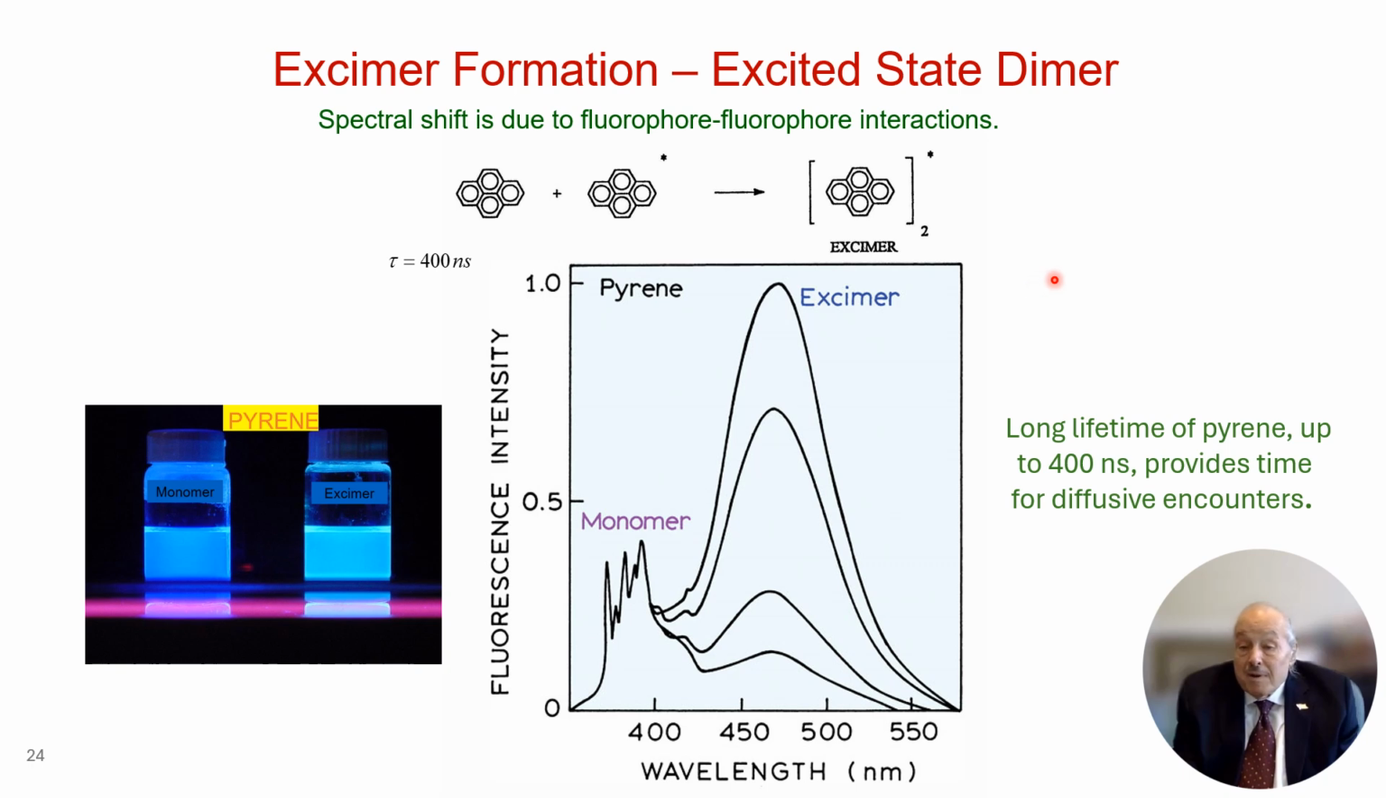The first example of an excimer is a really fun experiment to do in the lab. You take some pyrene, put it in a nonpolar solvent, and increase the concentration. The shift isn't very visible to the eye in this type of presentation, but as you increase the pyrene concentration, there's a profound shift in the emission spectrum, because at the low concentrations